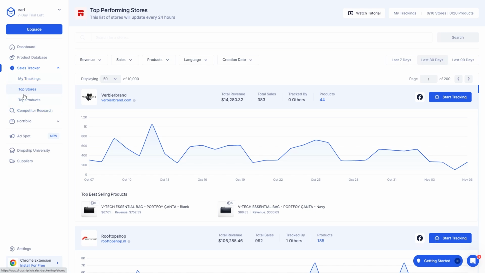Now if we click on top stores, this will basically tell us the top stores in the past 24 hours, and it will update every day. So this can be really useful for finding top performing stores. And we'll also be able to change these filters to find stores that are more suited to what we're looking